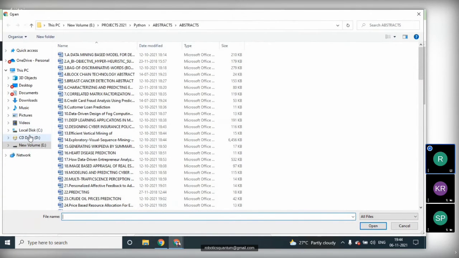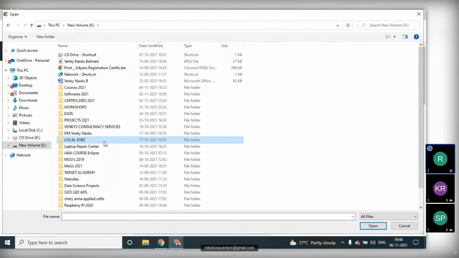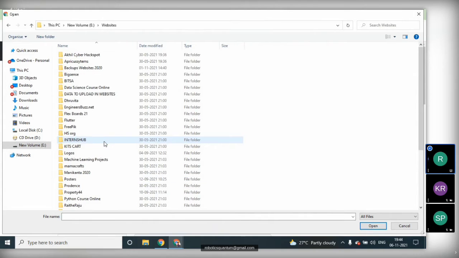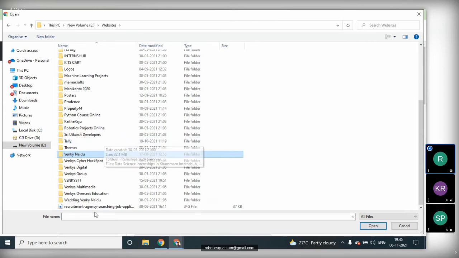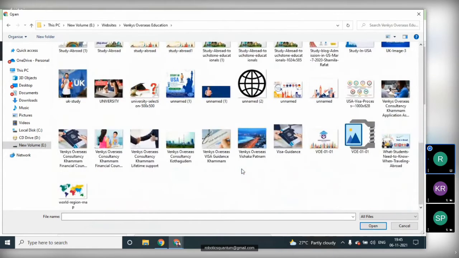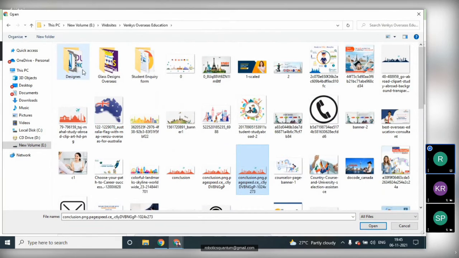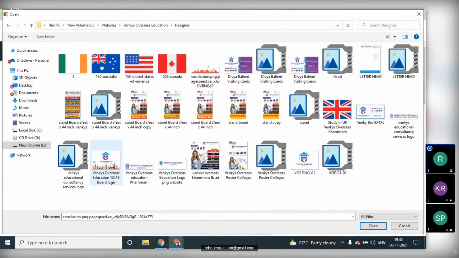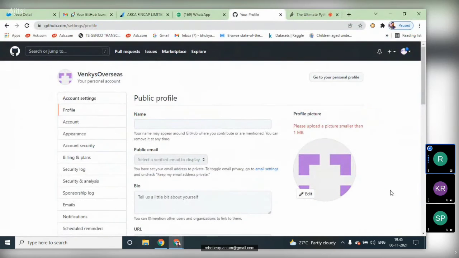We have logos and websites here, and Venki's courses. We are going to select any one of these. I want to upload a logo here. The picture must be a JPG file and smaller than 1 MB.